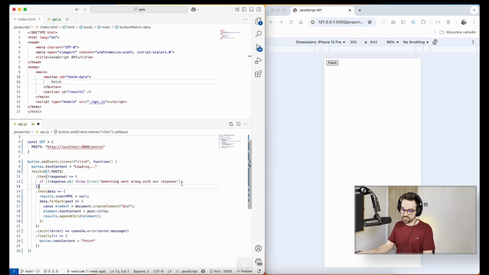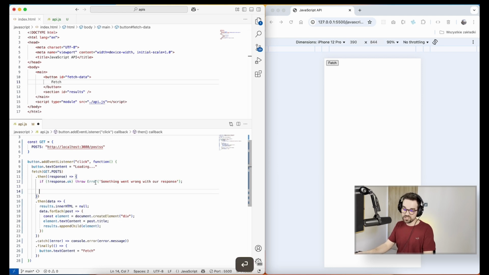And if this is not true, meaning that the response is okay, we are returning our response as JSON. That means that if we throw the error at this particular point, we are preventing this data and this entire then method from running,